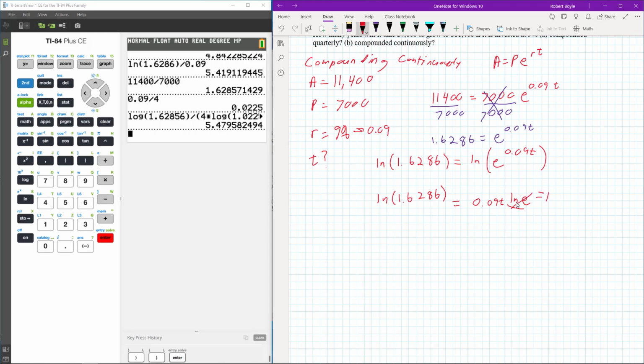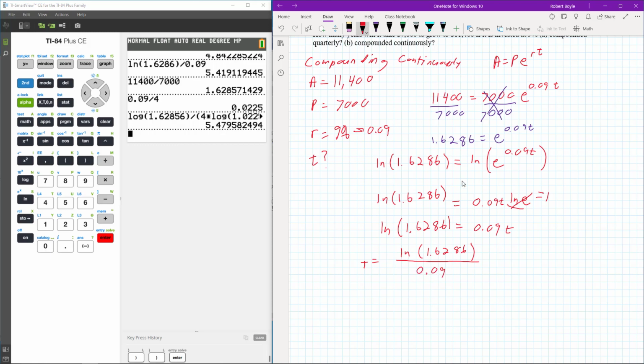So this becomes a coefficient of 1, which means it can go away. And what we're left with is the natural log of 1.6286 is equal to 0.09 times t. And if that's the case, t is going to be equal to the natural log of 1.6286